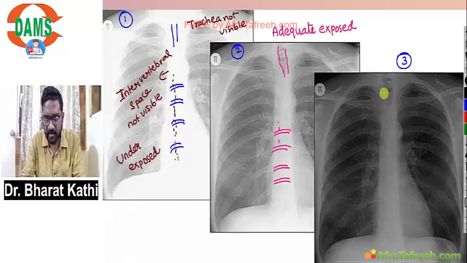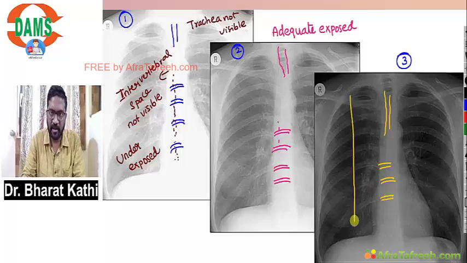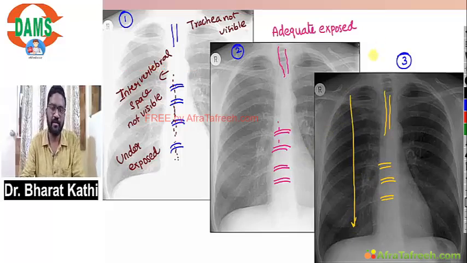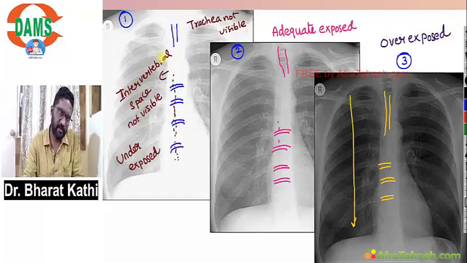Whereas here you can see the trachea more prominent, and when compared to this image, the intervertebral discs are very well visible and the lung fields are appearing very black. So this can be considered as overexposed. Generally, the examiner will be particular about underexposed and